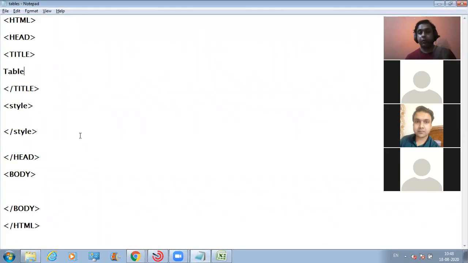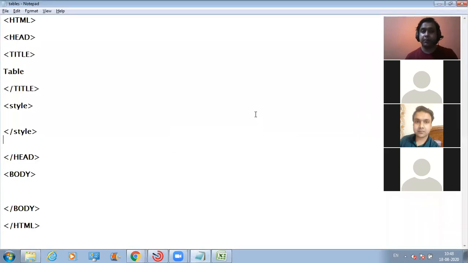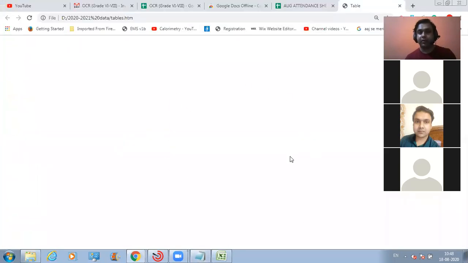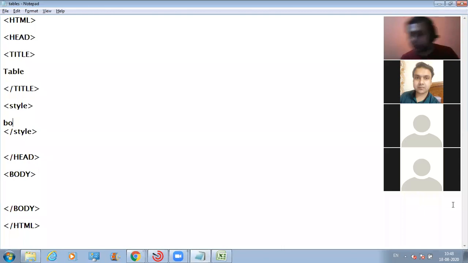Now, suppose we want to give this body part a yellow color, how can we do that? Can anyone tell me how we can give this body part a yellow color? By defining background color yellow. That is absolutely right. Which tag is controlling this part of the web page? The body. In CSS we need to write body here, in between the style tags. Then we need to place a curly brace. After that, background.